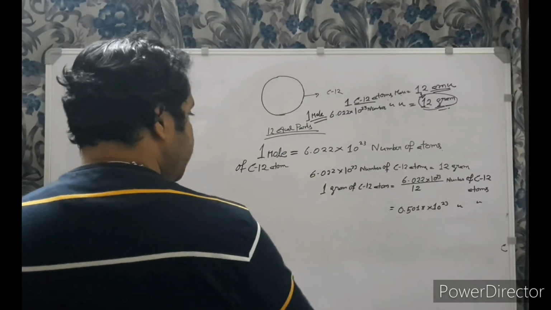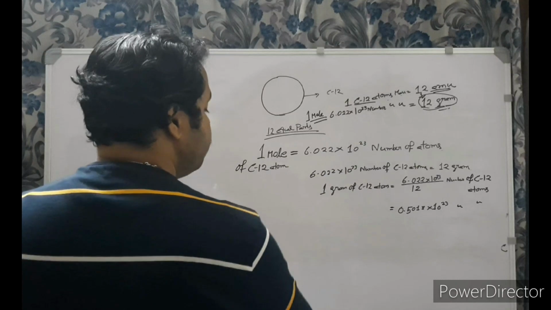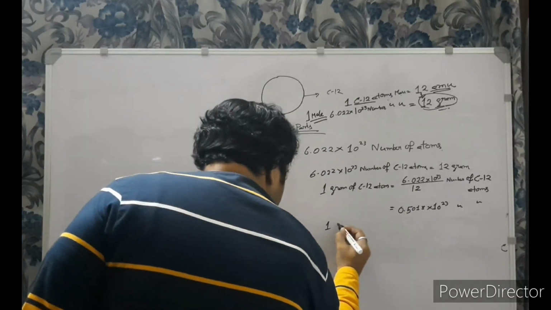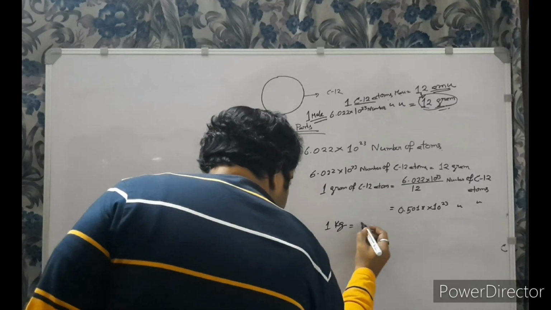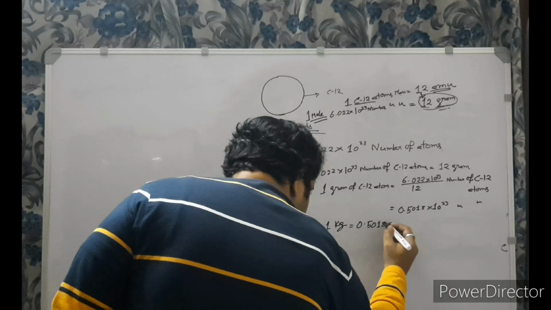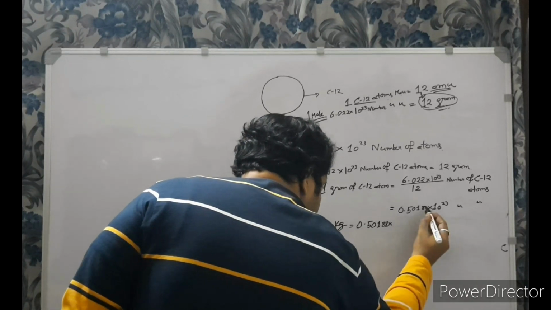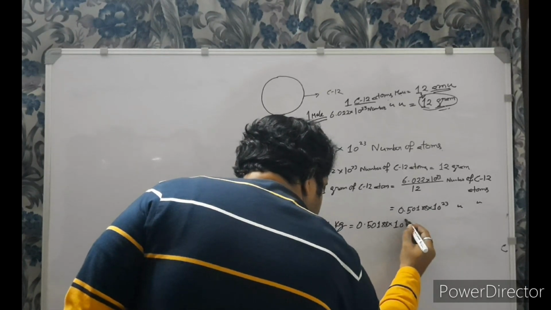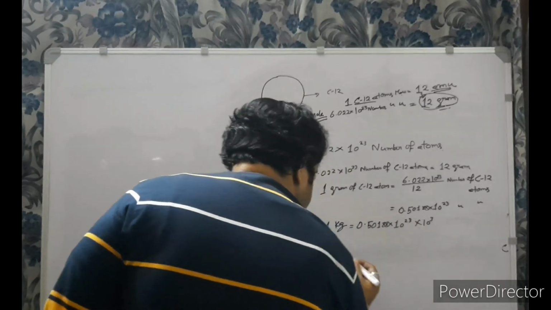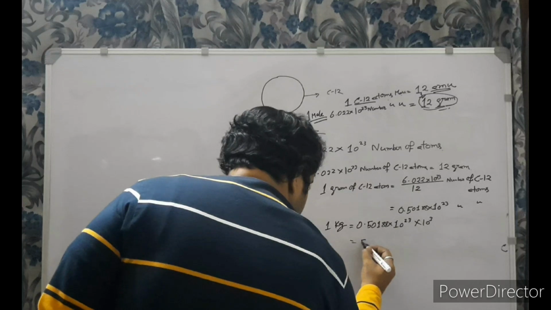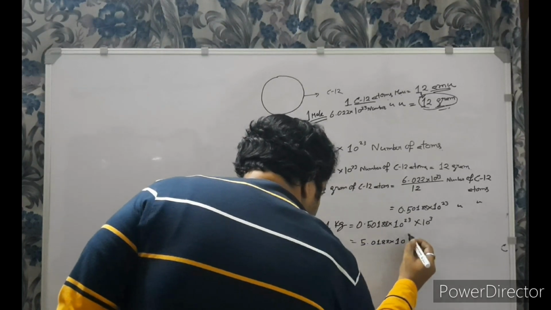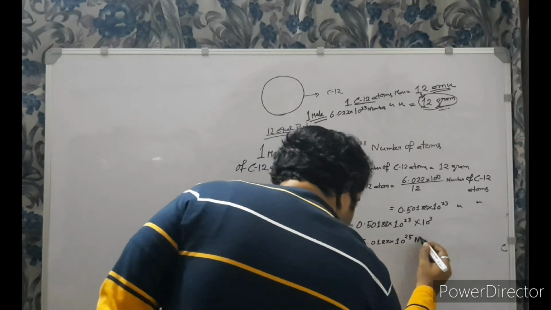Now we convert it to kilogram, meaning we have to multiply it with 1000. So 1 kilogram would be 0.5018 into 10 to the power 23 into 10 cube. So it would be 5.0188 into 10 to the power 25 number of